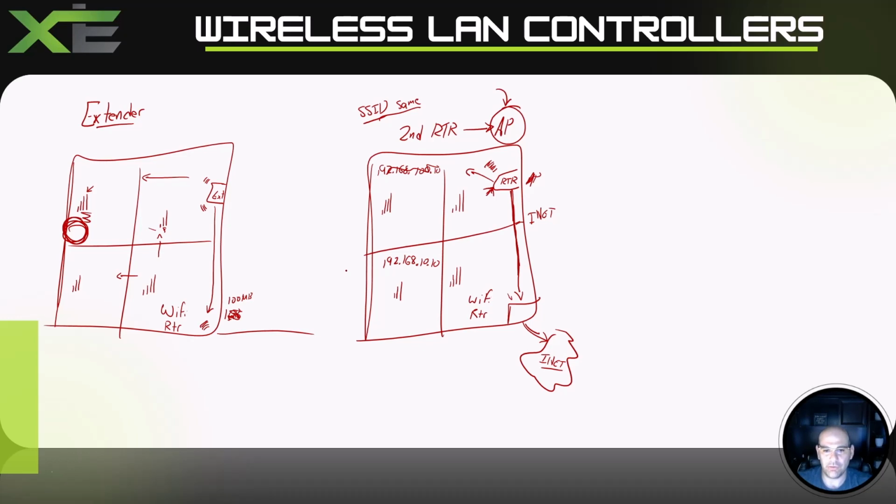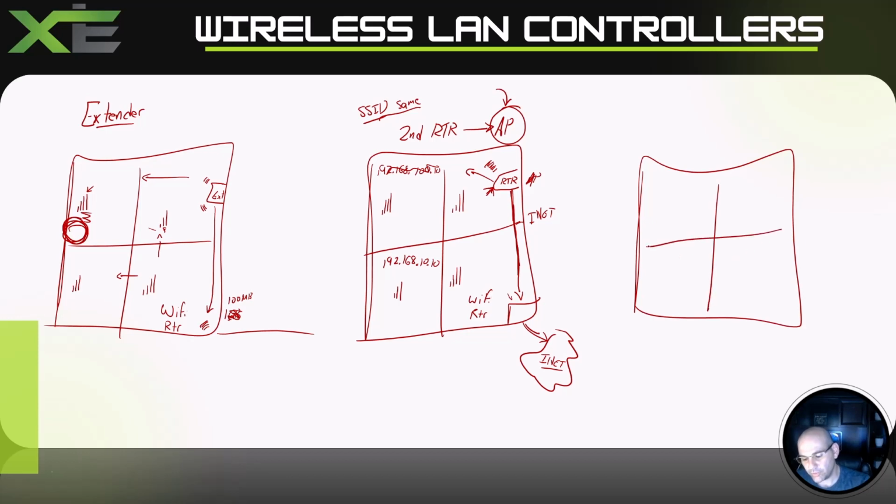We're not talking about a 100,000 square foot office or warehouse that we have to provide wireless for. This is not going to be an option. This is not going to be an option either. Now for your home, there is an answer to this, and this is to go with what we call a